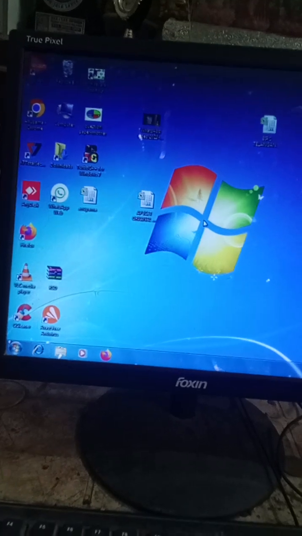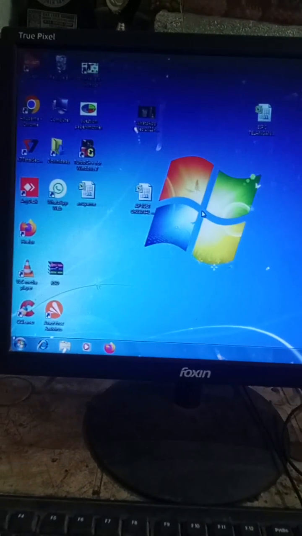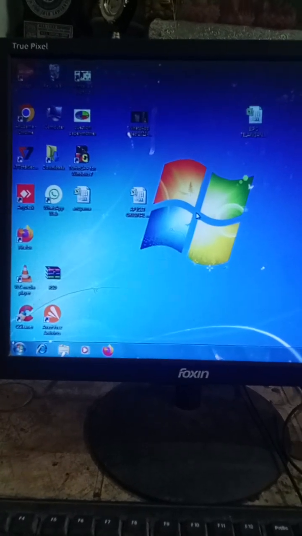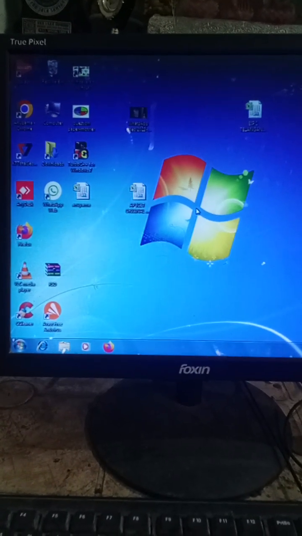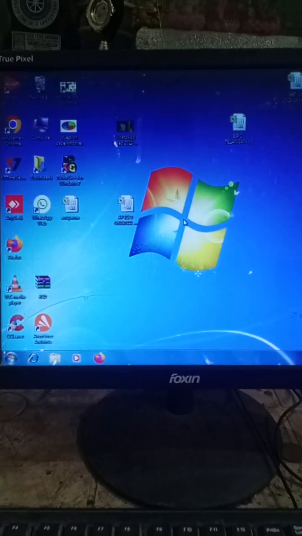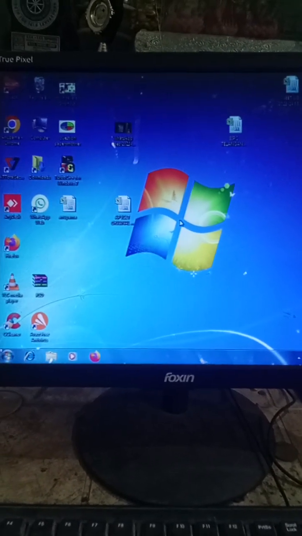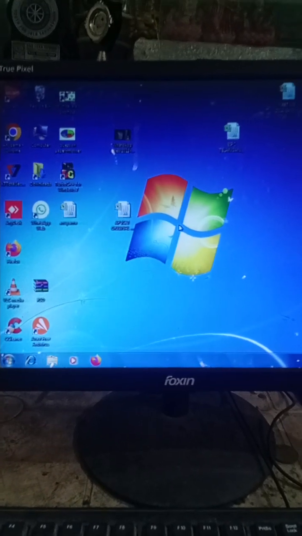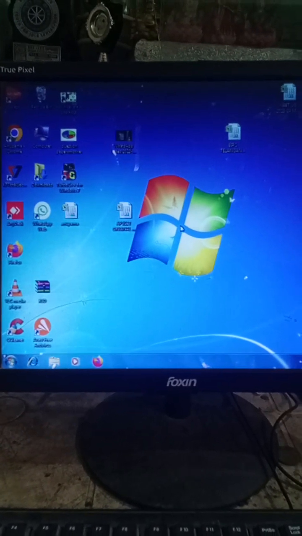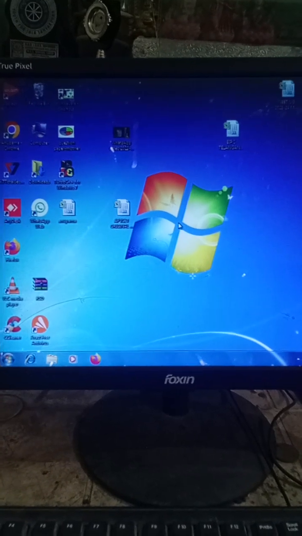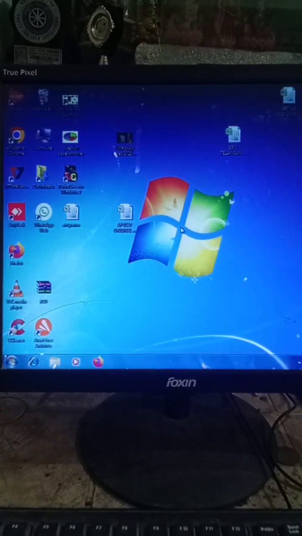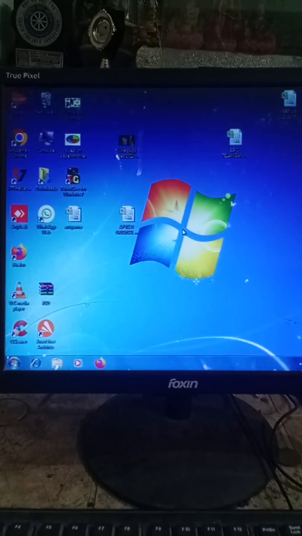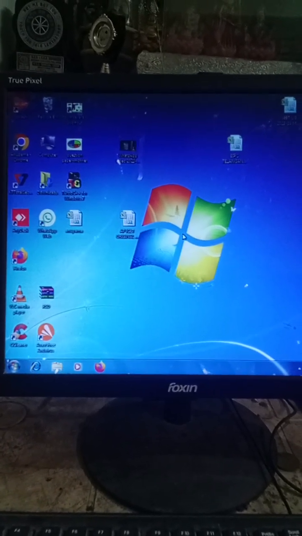Okay, and if your mouse is not working properly or anything else, you can use the shortcut keys, so that you can use the keyboard directly without a mouse to open the File menu, to save, and to create a new one. Everything you can do using the keyboard shortcut keys. Some other time I'll explain that also for you.